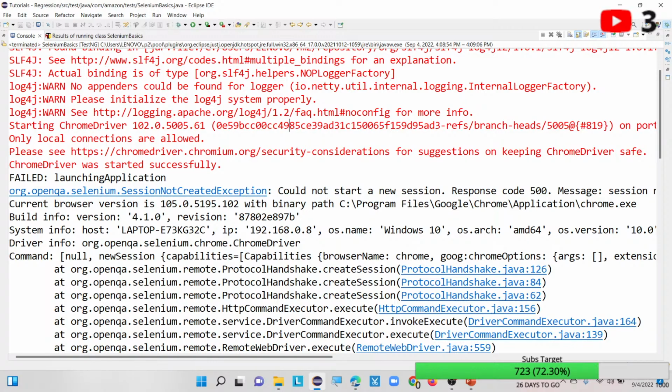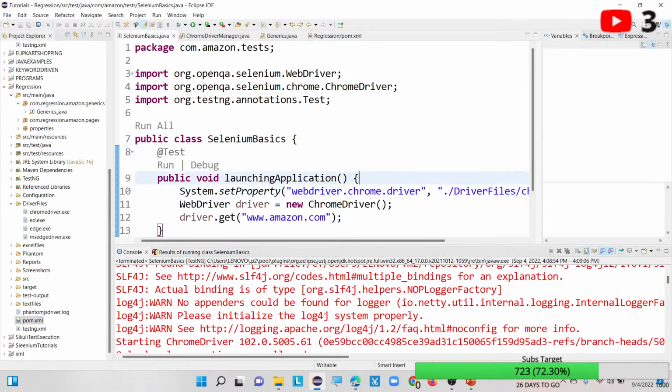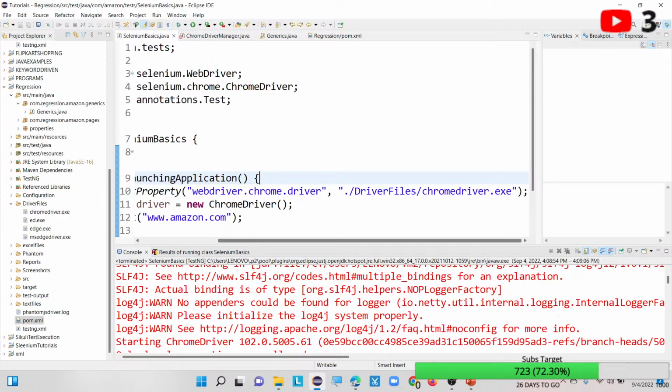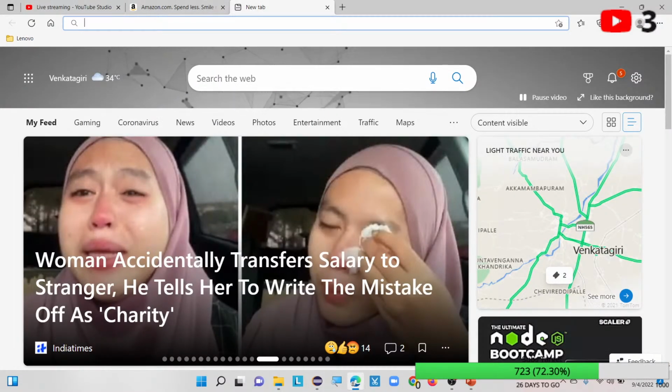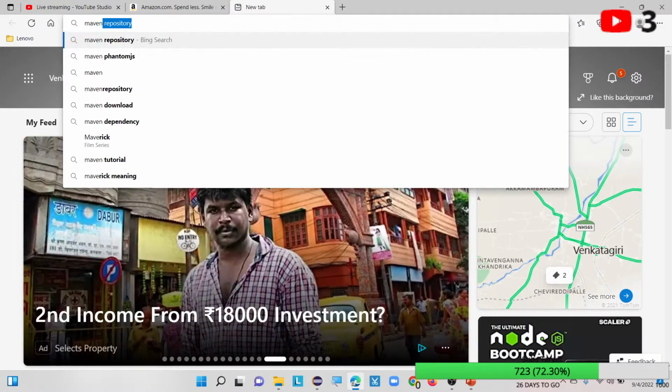I am not going to change or update my Chrome driver from this file location. Instead, I am going to use Maven